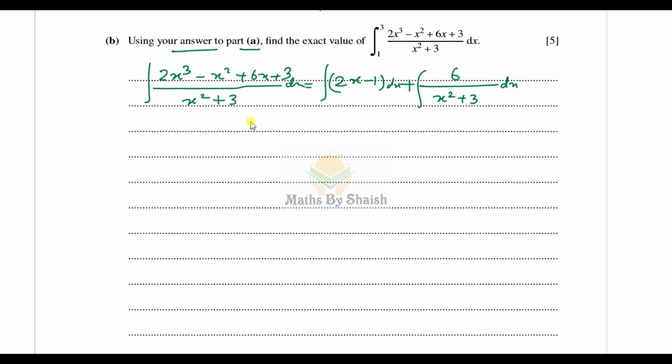So then we get it as 1 to 3. So its integration will be x squared, because x squared by 2 and 2 will be cancelled, so x squared minus 1, integration of 1 is x, plus 6, and it is x squared plus 3, 3 can be written as root 3 whole squared, so we get the x squared plus a squared type, so integration is 6 over root 3 tan inverse of x over root 3. Now we'll put the limits 1 to 3,